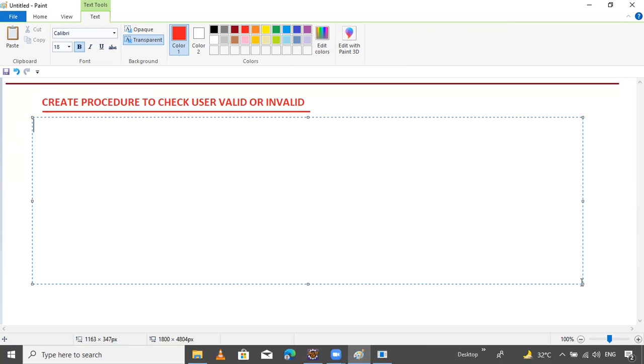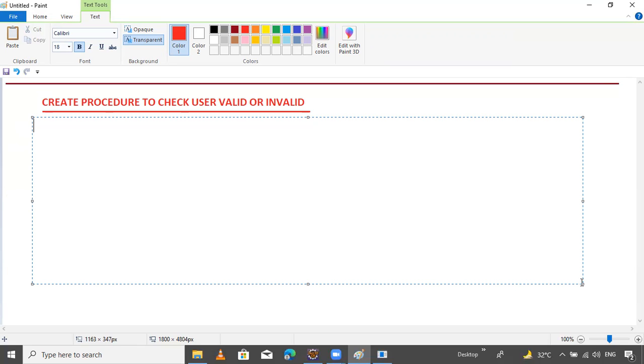What is that output? Status or result. Status is whether the user is valid or invalid. So simple.